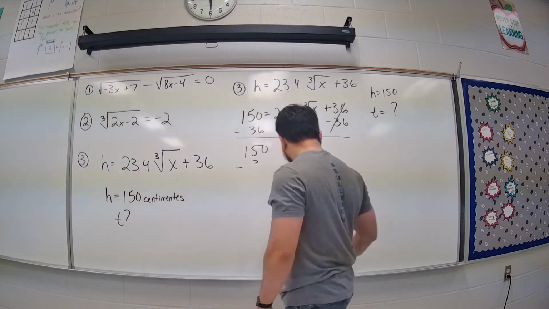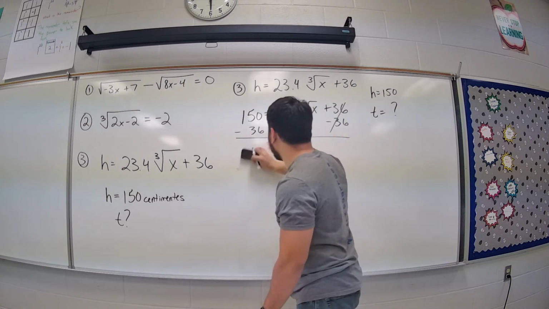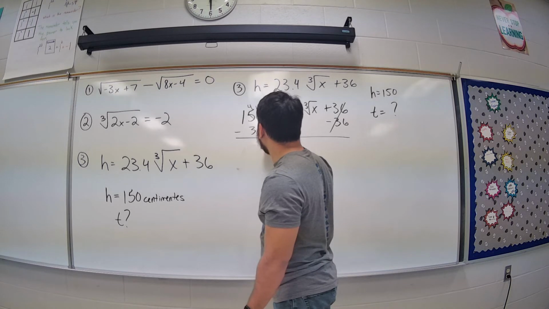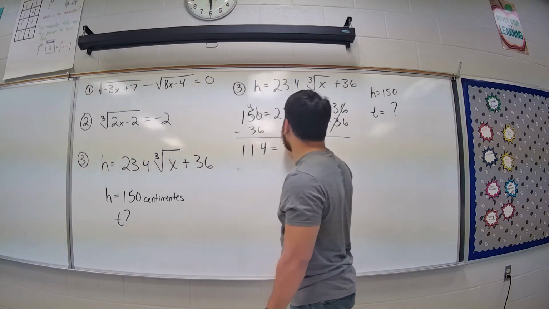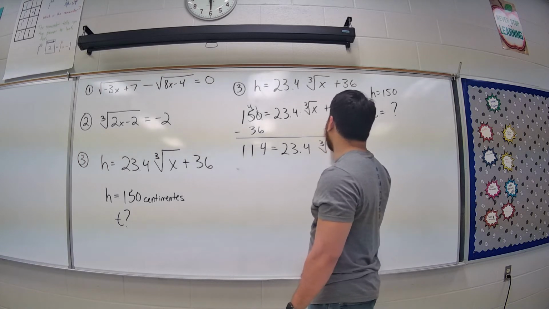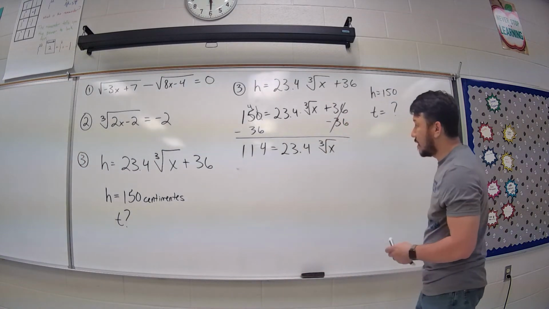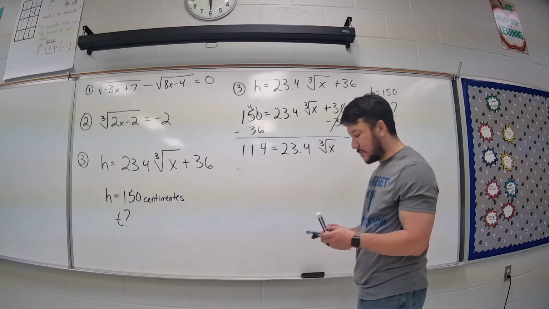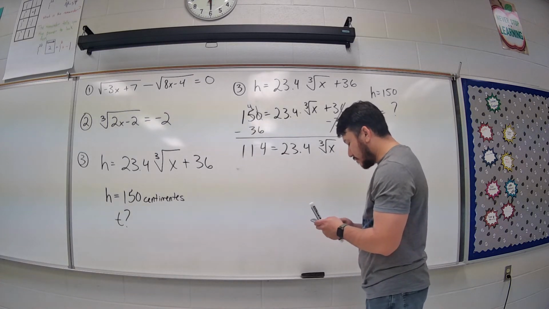150 minus 36. That would be 114 equals 23.4 cube root of x. Okay, now we're definitely going to need a calculator for this one because it's going to give us a decimal number. So if I take a look real quick,